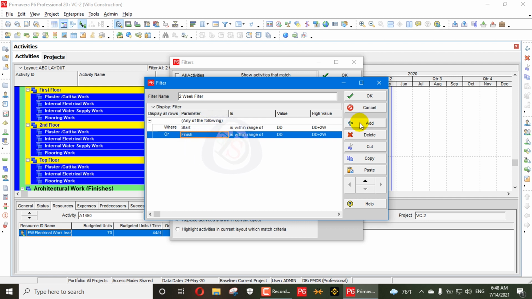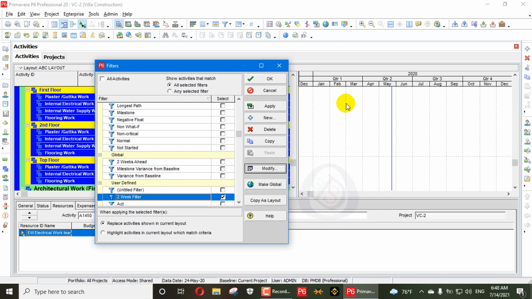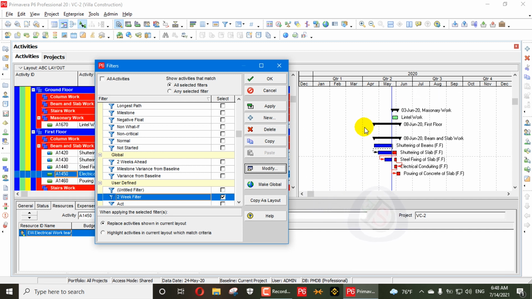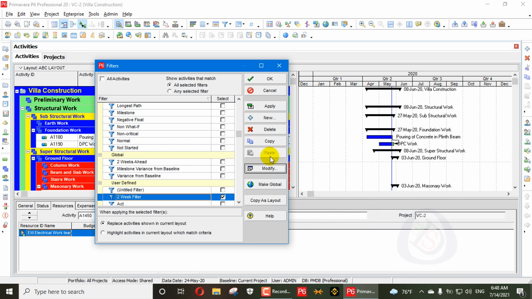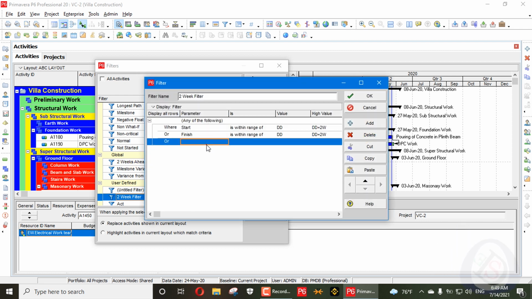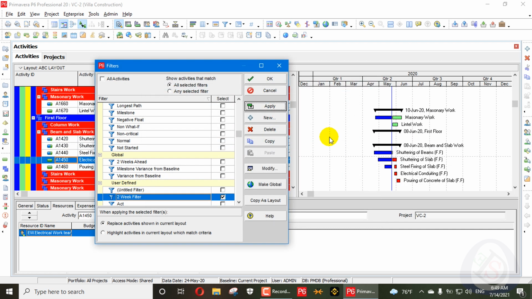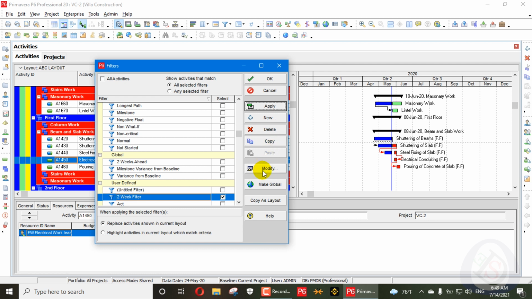So we will also add the activities which are already in progress. Here you can see a lot of activities, and the activities which are already in progress should be shown here, and we will add another activity status. Activity status should be equal to in progress, and when we write in progress, it will show more activities which are in progress during this duration.